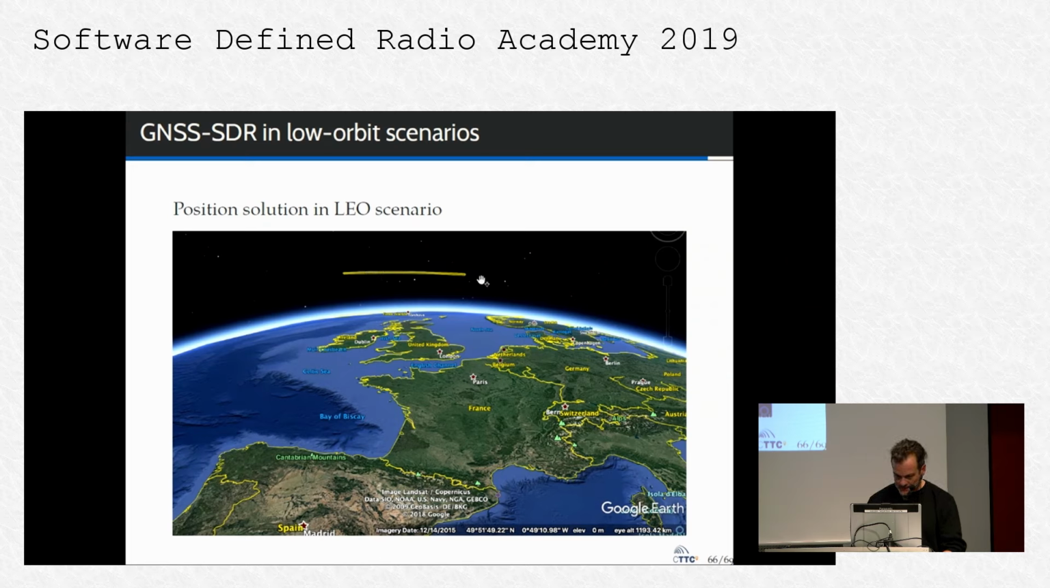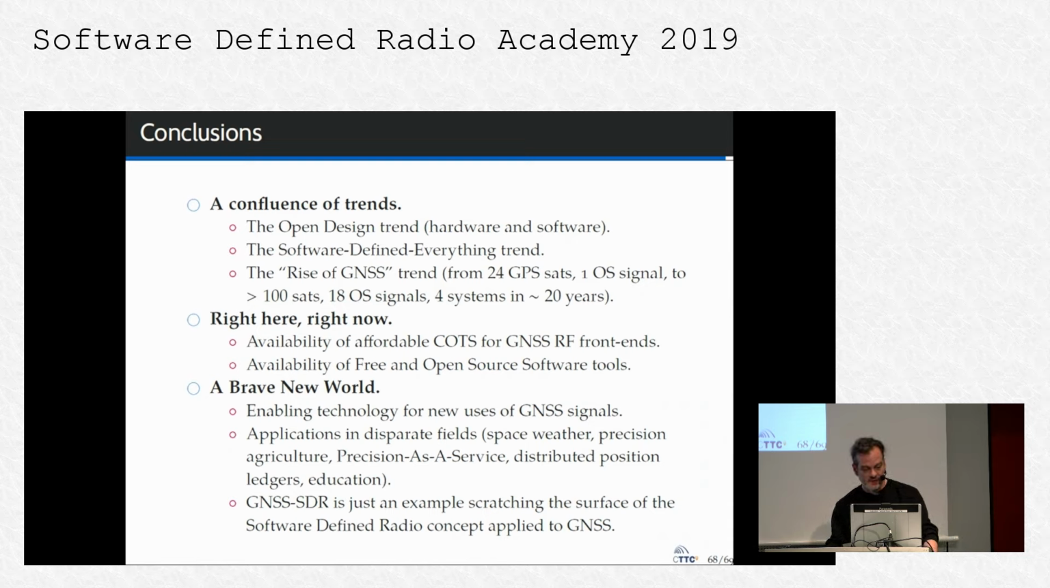So to finalize, just brief conclusions here. We have a star alignment in the sense of the open design trend of hardware and software, this is very nice. The software-defined everything trend, not only software-defined radio, but also software-defined networks. The rise of